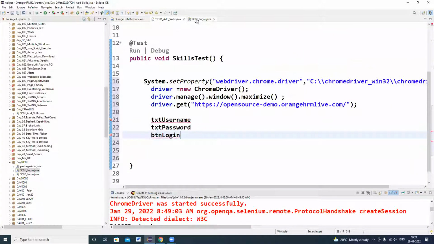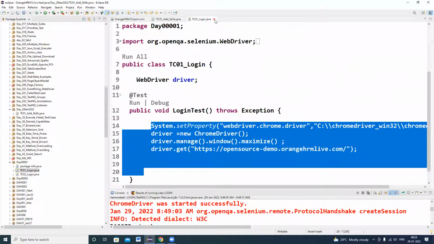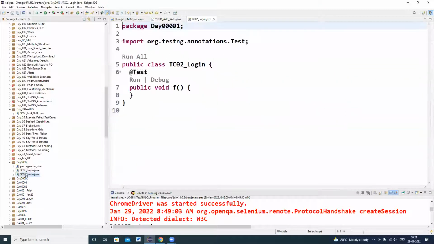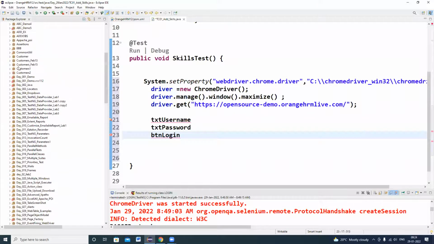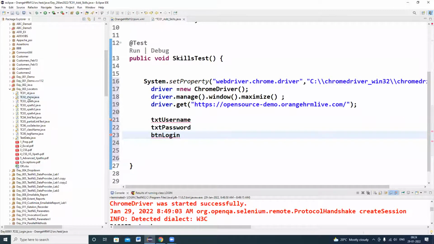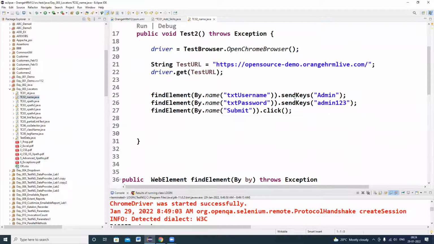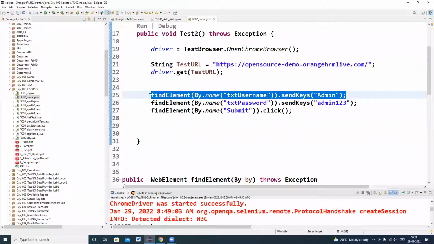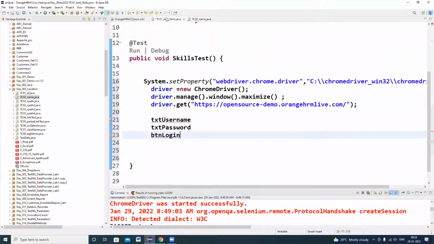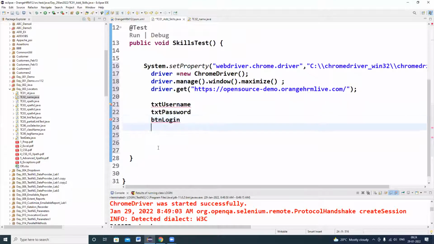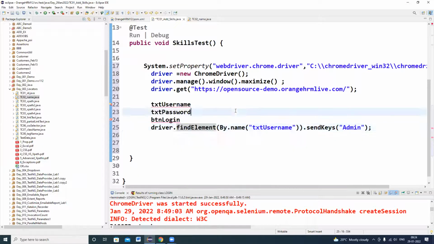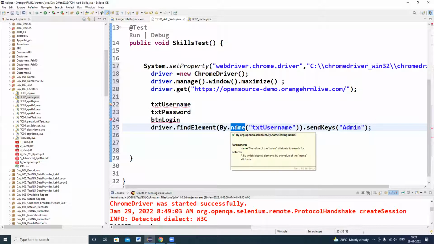Now I need to write a set of driver instructions. Let me take one line of code as reference from any of the other programs. Driver dot find element by ID.